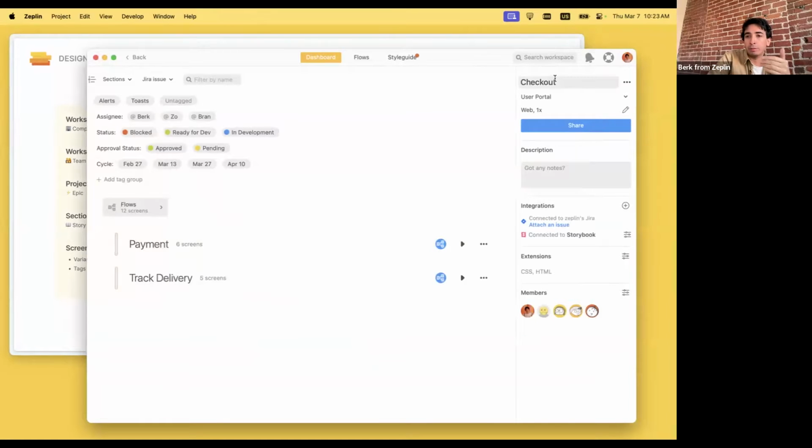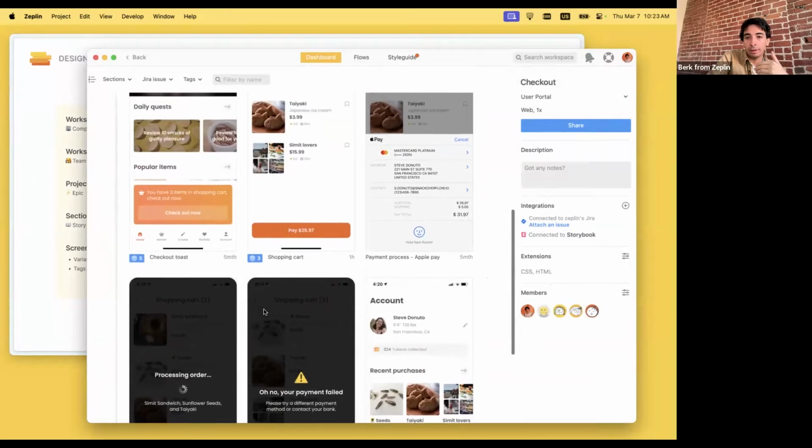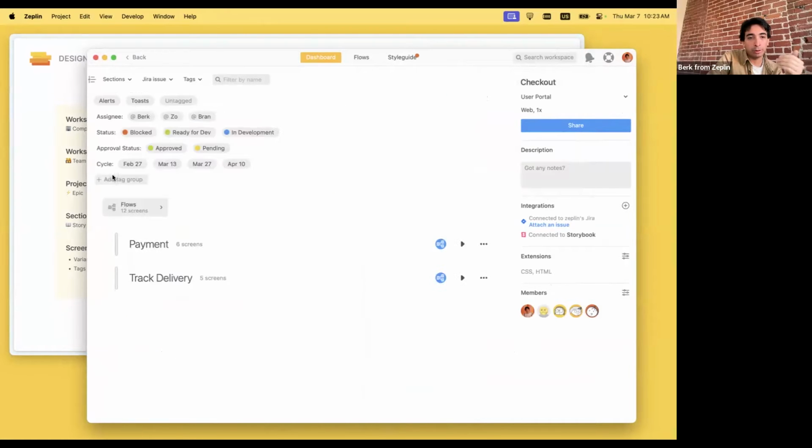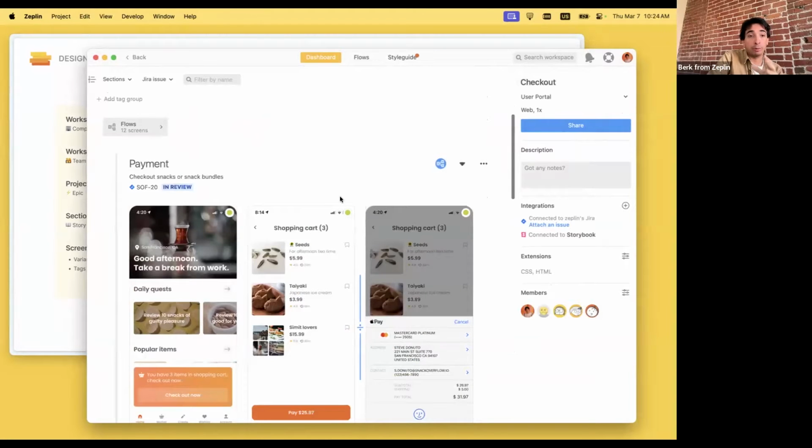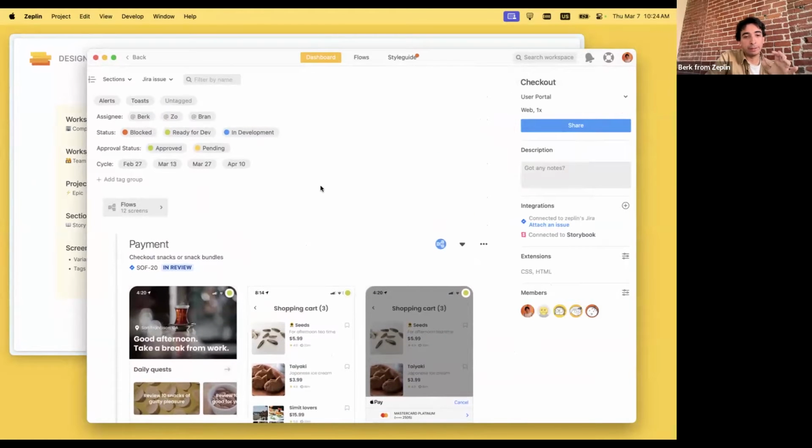So in this case, we're working on checkout with these lovely people. And in this checkout epic, we have two stories. One would be payment that certain people would work on. And then next up, we will tackle tracking deliveries. Again, this is very flexible and you don't have to do it this way, but this is a very common